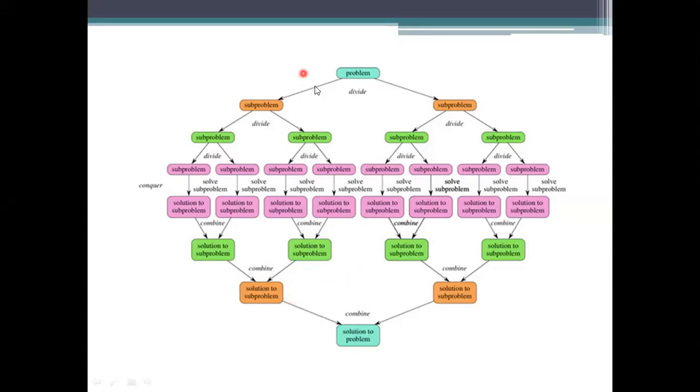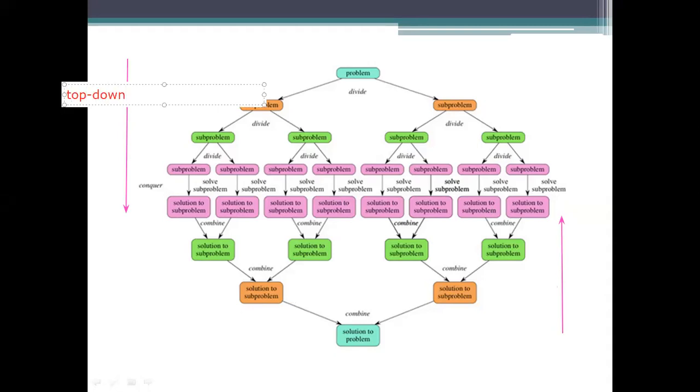If you see from here to here, this will be the top down approach. After getting the solution, we are making the combining of these solutions here. The solutions we are combining will have the bottom up approach. So here we are having two approaches for problem solving. The first one here is the top down approach.